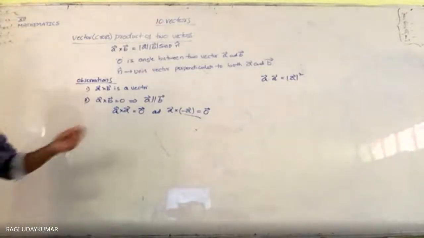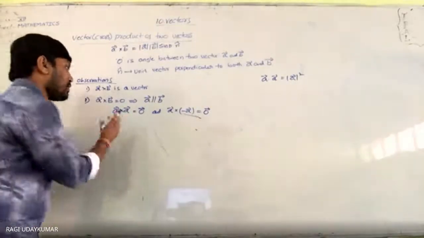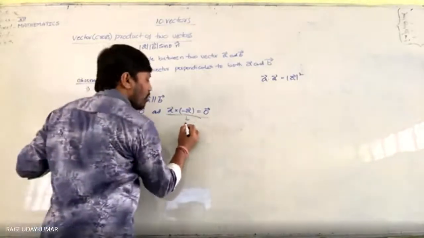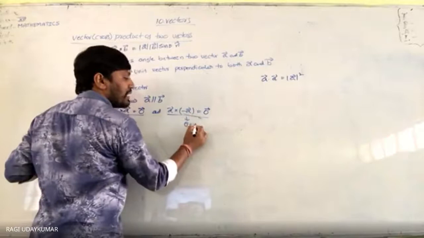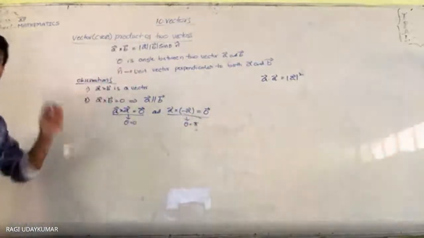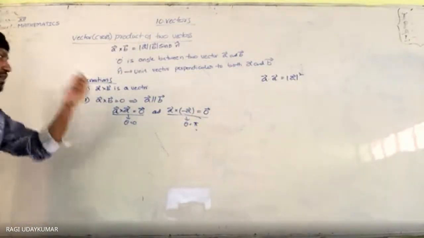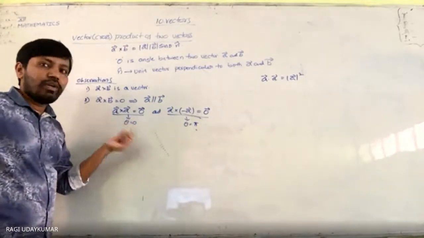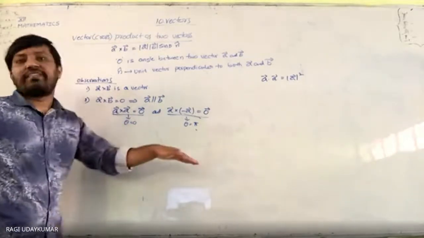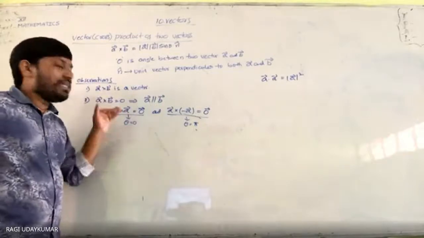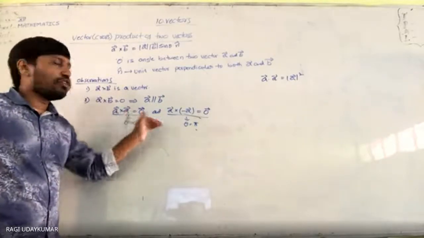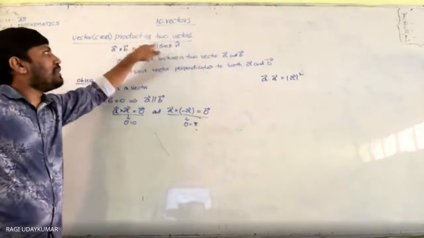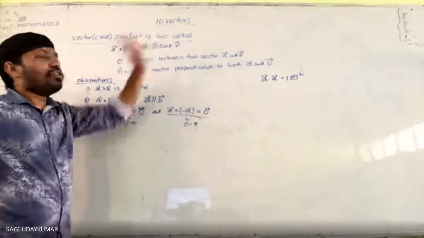In this situation, theta will be equal to 0. In the other situation, the angle between these two vectors will be equal to pi. Theta equal to 0 is nothing but one vector lying on the other vector, and then their cross product will be equal to 0, because theta equal to 0, sin 0 value becomes 0, and sin pi also becomes 0.